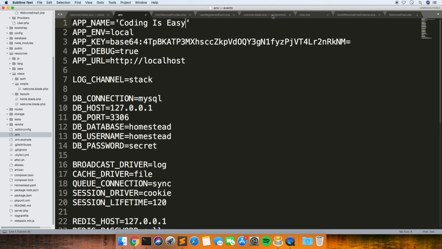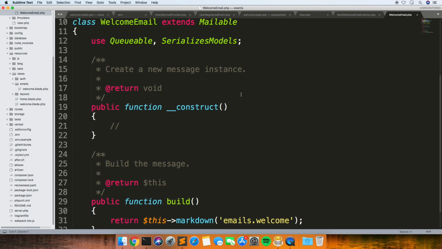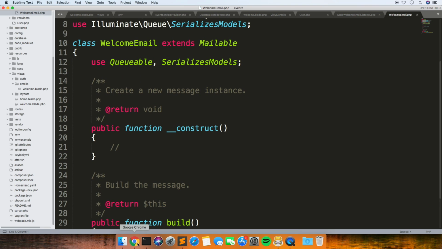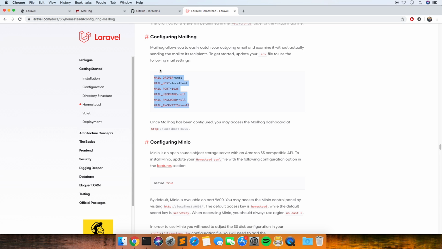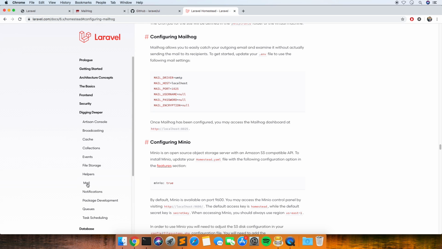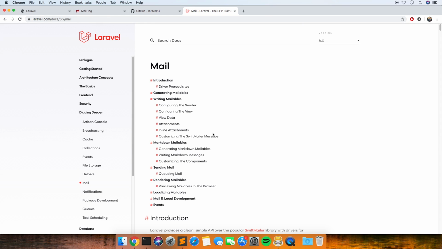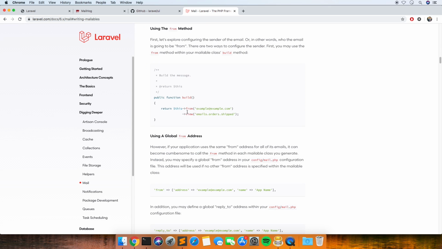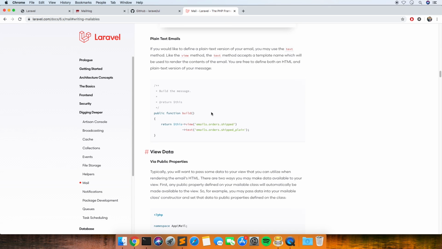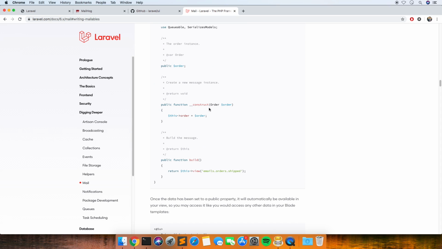So let's get our mailable, and then if we go to mail documentation again, let's look for, I think they have another example like what we need with the models.